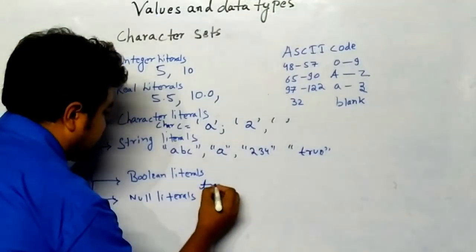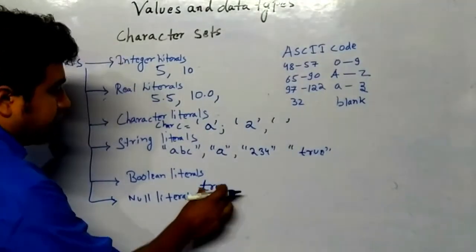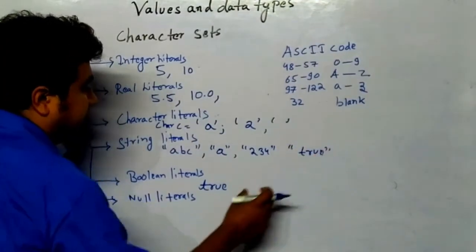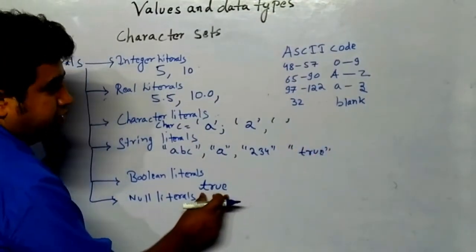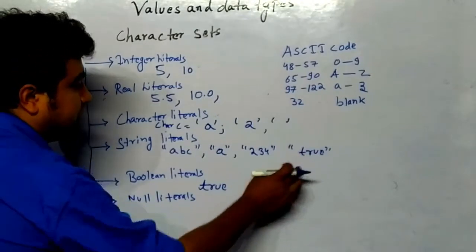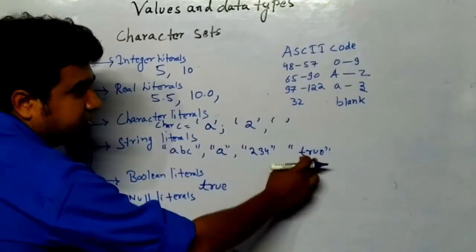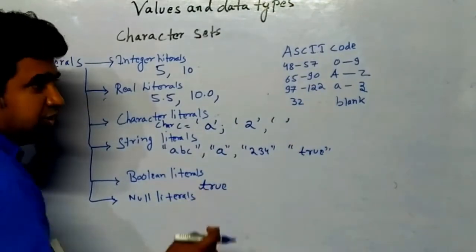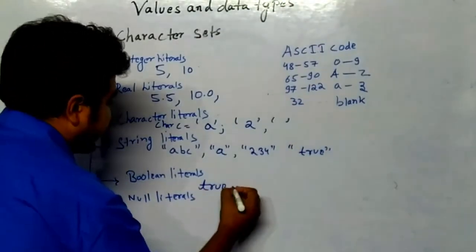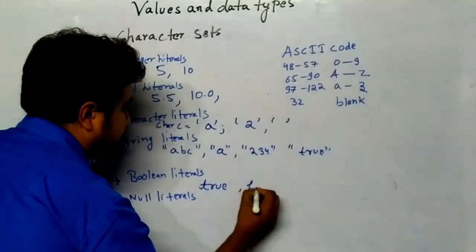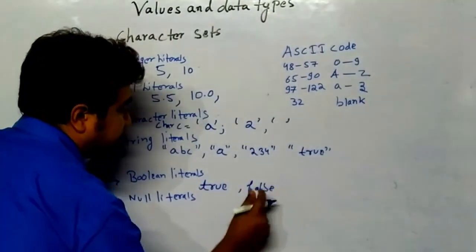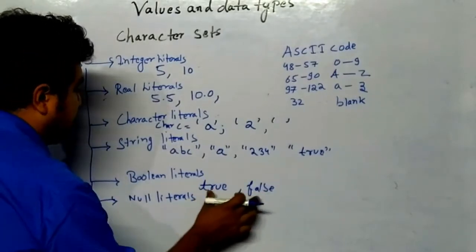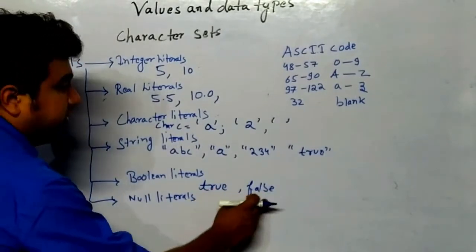True. If I am writing true, and it is not written within double quotes, you can see here this is a string and this is a Boolean value. If you have to compare this and this, what is this? This is a string because it is written inside double quotes. But when the value is true or false only, written without double quotes, and all the characters are in lowercase, then these are known as Boolean literals.